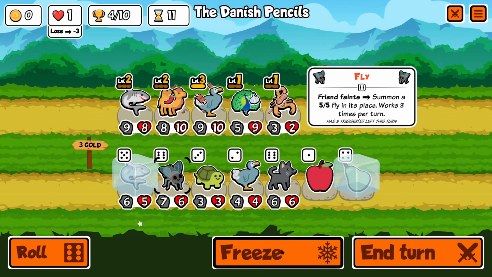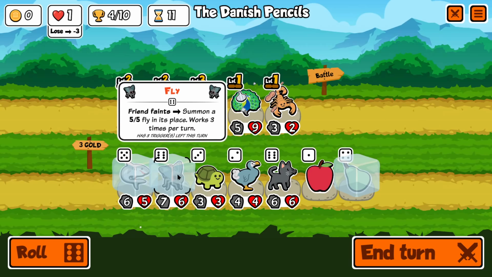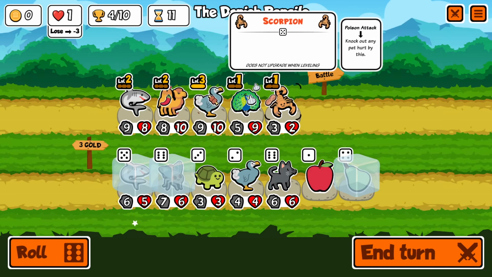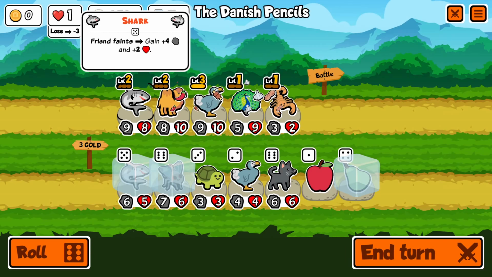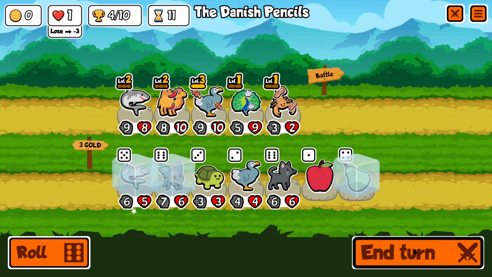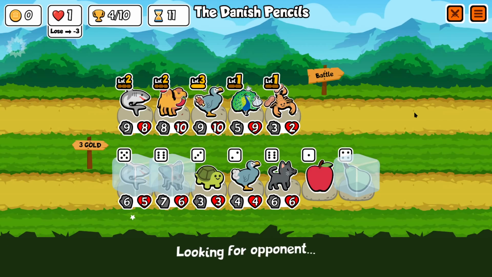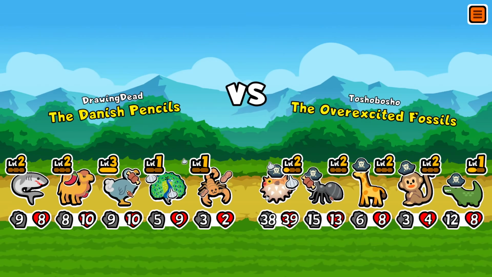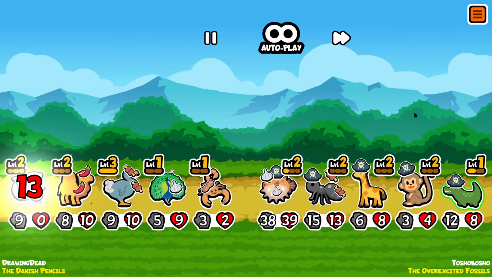Now the fly, I do quite like. So the fly summons a 5x5 fly in its place, works 3 times per turn. Now that's valuable because if I take out the camel, put him there, it means that each one of these guys will get replaced by another person, which means that by the time the shark comes out, he's going to be a beast. But we have to survive this next round because otherwise we're cooked. So we're going to need to see the peacock do some serious name taking. Again, that scorpion is going to...